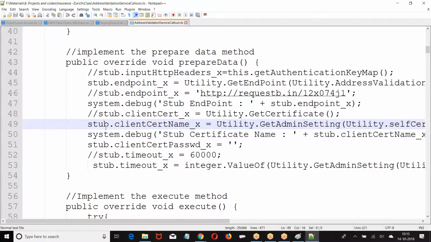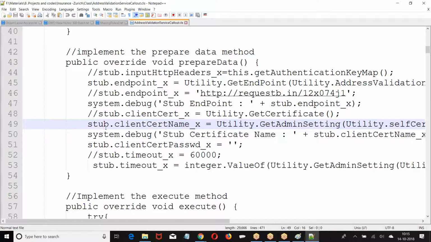That is the old pattern. But as per the new pattern in Salesforce, if we give the certificate name, the system will automatically fetch the corresponding certificate and password and append it. Previously we used to get it, append it, send it. But now if we give the certificate name, Salesforce will append the certificate and password and send it. So what is the format? Simply passing the certificate name, no other information, in case it is certificate based authentication.